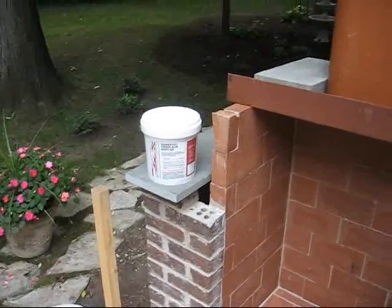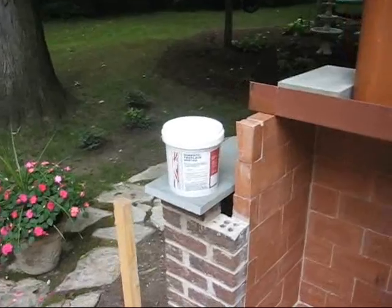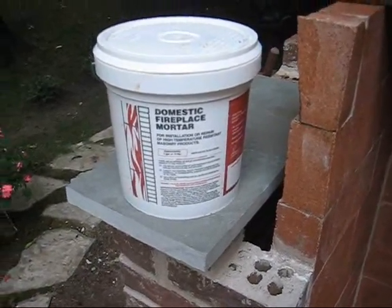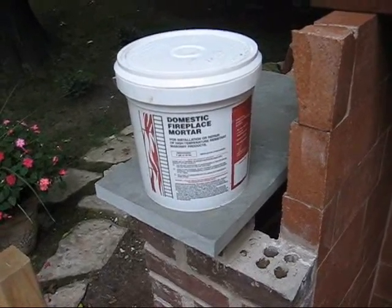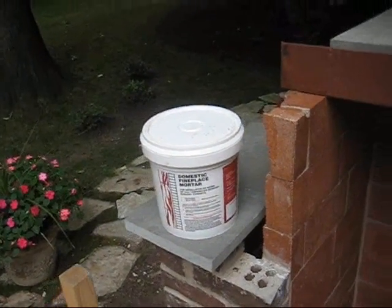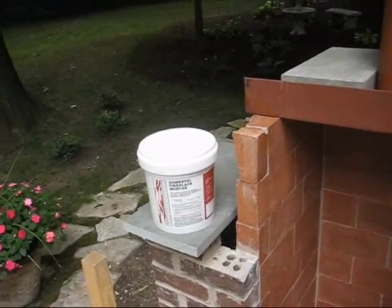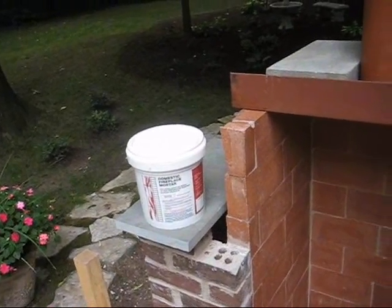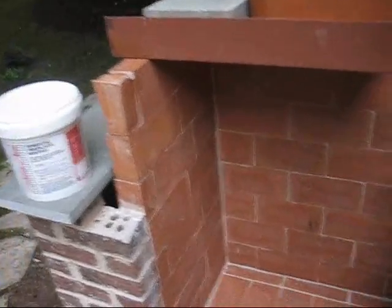One thing I found out and wanted to correct on the video: this domestic fireplace mortar is pre-mixed in the bucket. Bricklayers love it for repairs and so forth because they can just grab it right out of the bucket, don't have to mix it, and off they go. The bad news is it's water soluble. Even after it's dried, if you get a good hard rain, it'll start to erode the mortar right out of the cracks. And I found that out